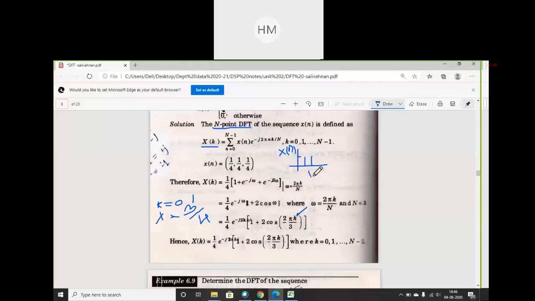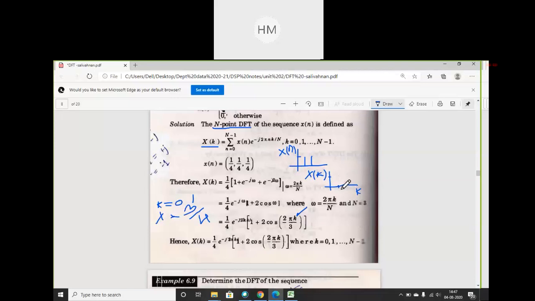So x of k, how many samples again? We are having 3 samples, out of which first sample is having the value of 3/4 and other samples are having value of 0. This axis represents k. Clear? First sample value is 3 by 4. This is my 3 by 4 value. Second sample is 0. Third sample is 0. These are dots, not a line, okay?